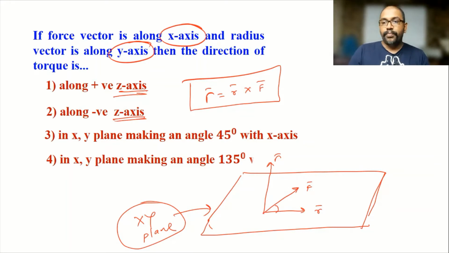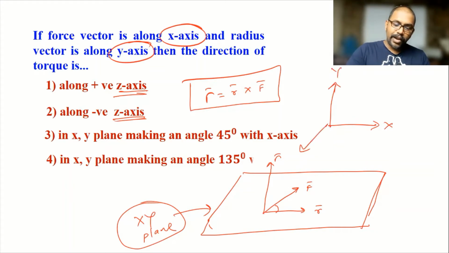Now how to decide here? You can consider this is x, this is y, and this is the z axis. Along x they consider force, along y they consider r, and r to f is along the z axis, and this is the positive direction of the z axis. So the answer here, oh sorry,